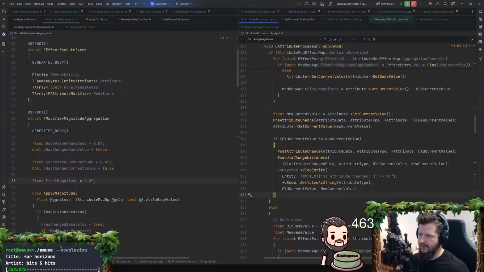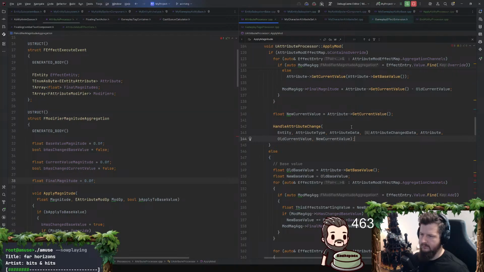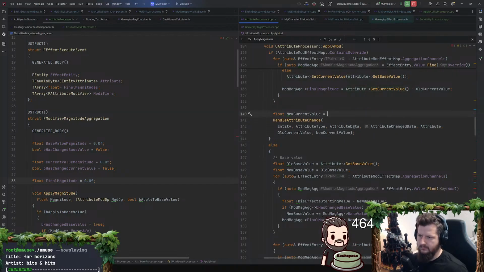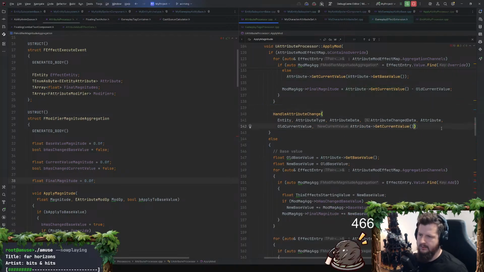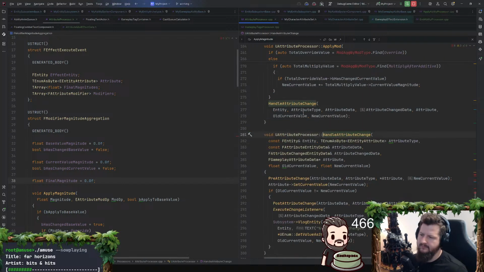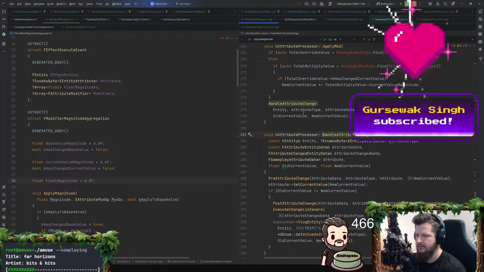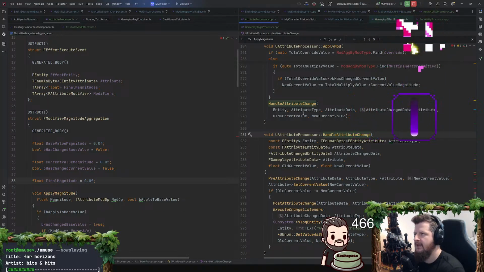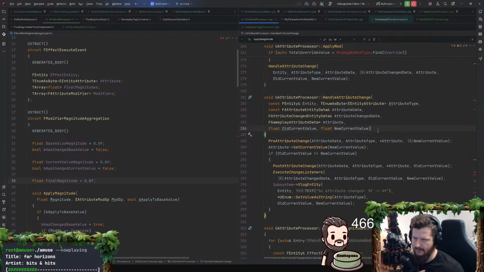And then I think within attribute change, now within handle attribute change, it's going to be very easy for me to do the post get like the gameplay effect executes. Well, I guess I would need to pass that information in there, but yeah, I guess I would need to pass in the ag channels still.